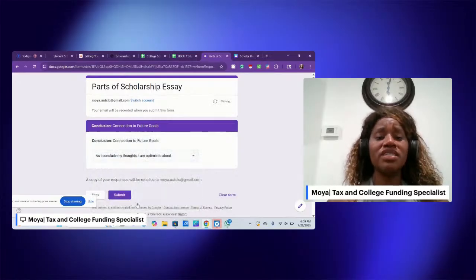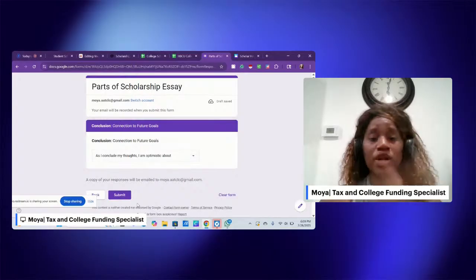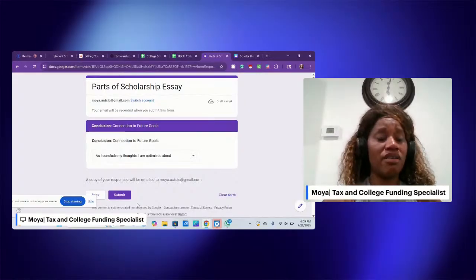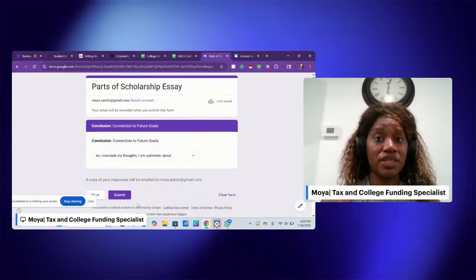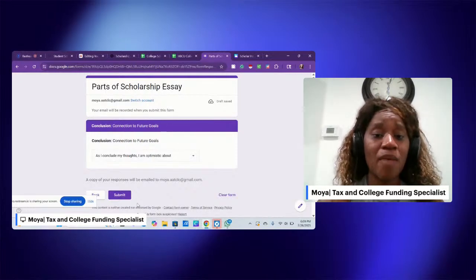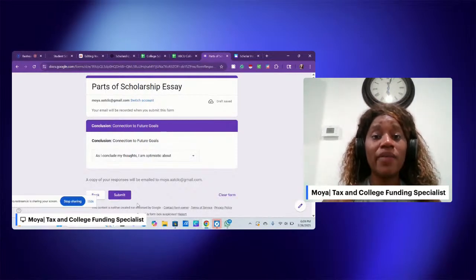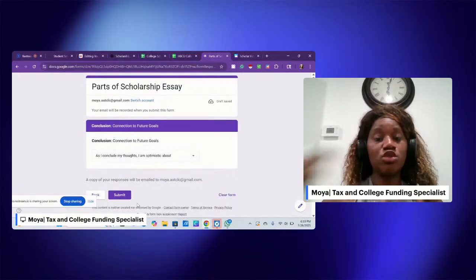And this is where you want to really wrap up everything that you just said. You want to put it all together in a bow. Okay, so let's take the example of the person feeling overweight and deciding, I need to do something, or the person, let's do it this way, the person that has the mom with diabetes. Then to conclude, it might be, as I conclude my thoughts, I'm optimistic about the fact that not only can I help by taking this fitness training journey,